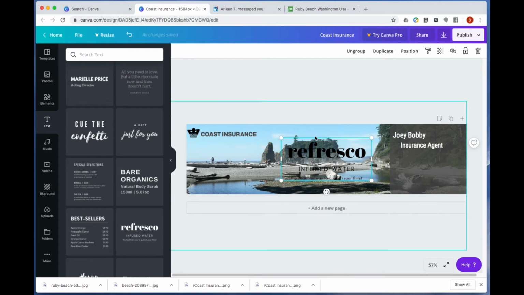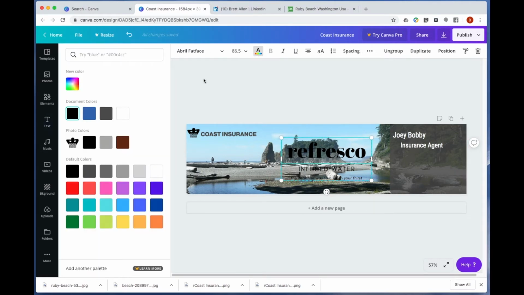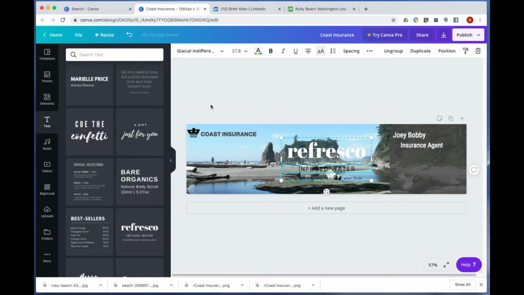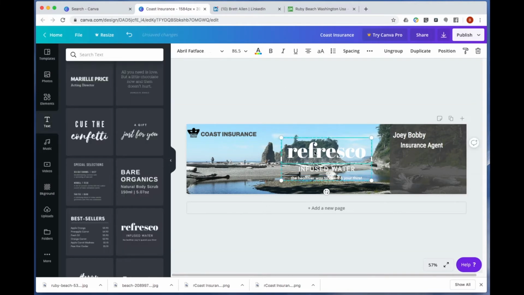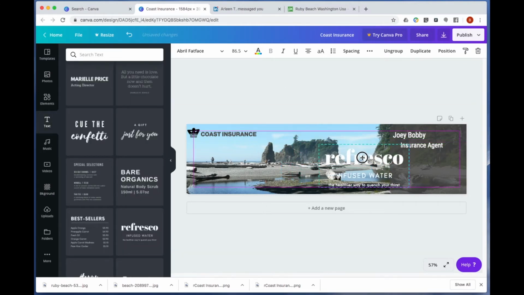We're going to change it. I want to change it to white and make that one white. And make that one white, and then we'll move this over here. Okay, it's obviously too big. So let's just put